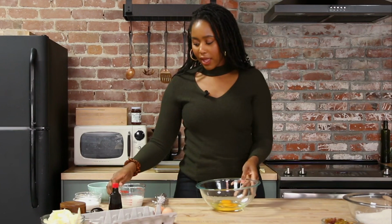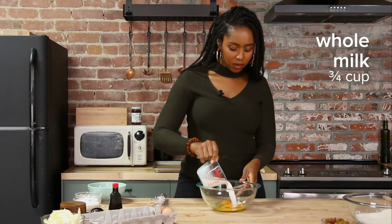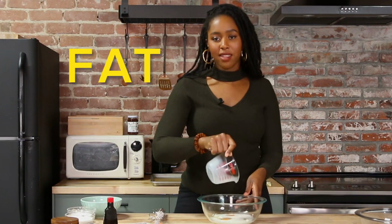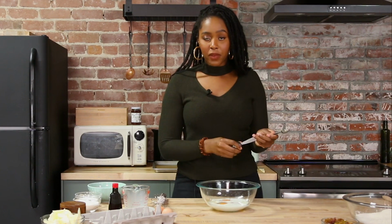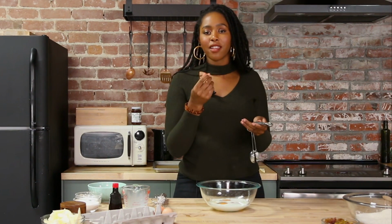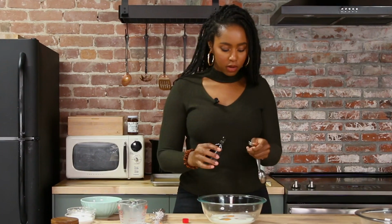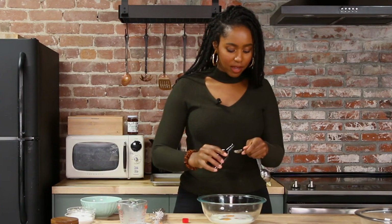Love a dark yolk. And I have some milk, 3/4 cup, whole milk. When making scones, fat, F-A-T, is what makes everything so delicious. Yes, you can use skim, but it'll just be a little less buttery. Adding a teeny bit of vanilla extract. You can totally do this without vanilla, but with the spices I'm gonna add, it's gonna add a bit of